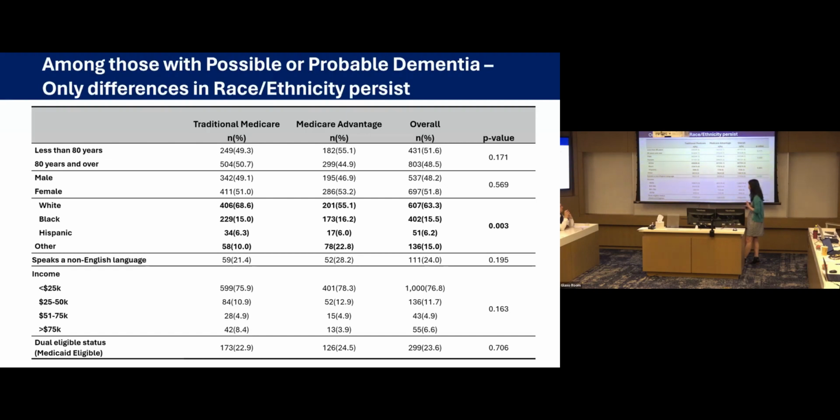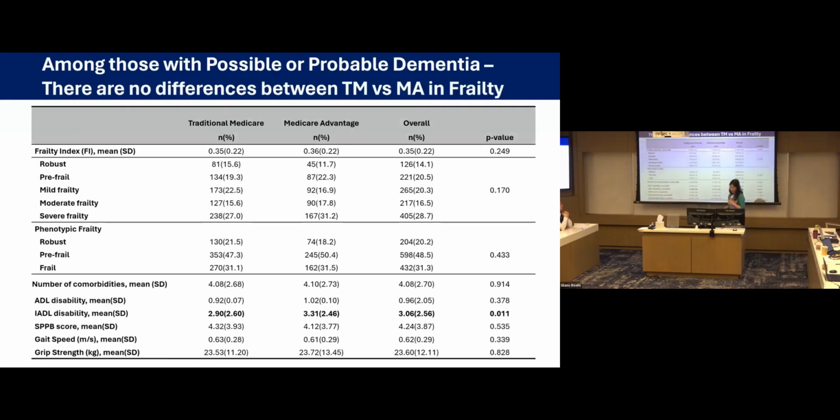The dual eligible status is actually no longer statistically significant. There's a little bit of a difference here, but again, it's actually not as prominent as was the overall population. Again, when we looked at frailty now, the differences in frailty also are basically no longer statistically significant. You could argue there's maybe a little bit of a trend, maybe because of power here, but generally speaking, the only domain that really remains significant is IADL disability, and this is defined by whether or not somebody is helping somebody with their instrumental activities of daily living.